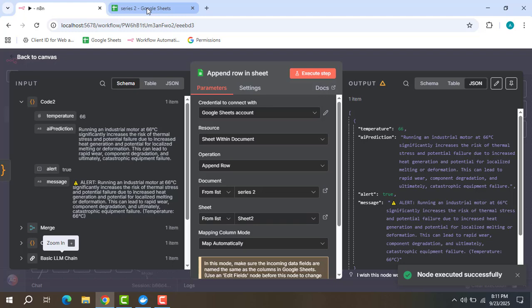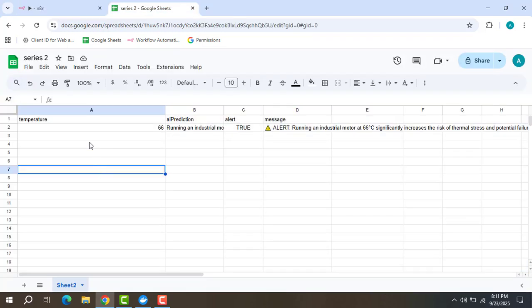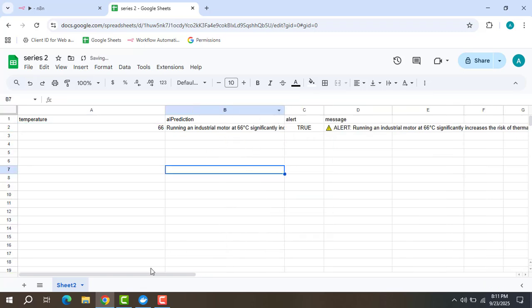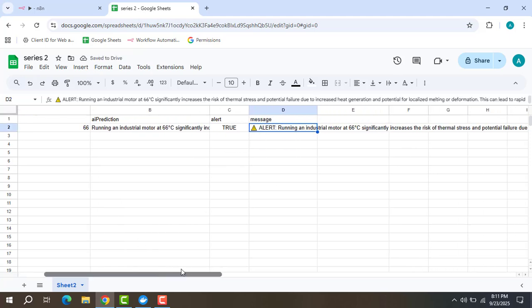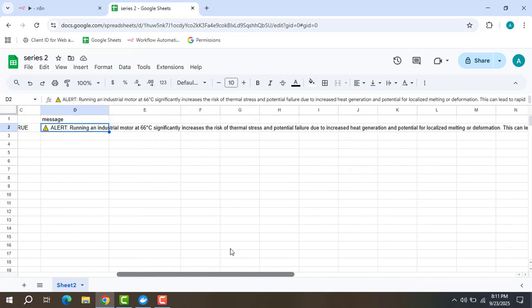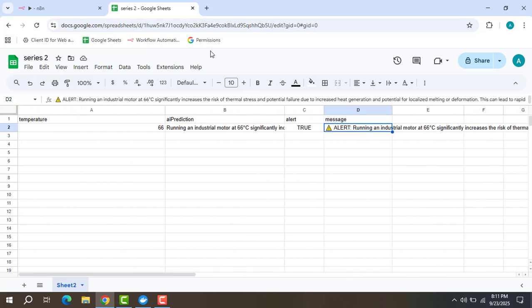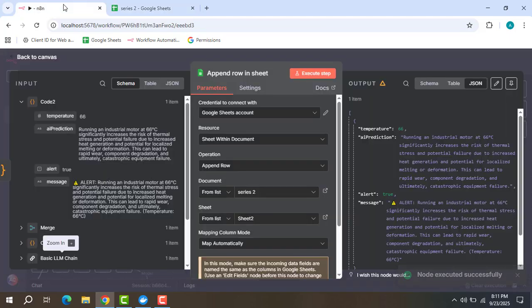All of this needs to be in the Google Sheet node. So temperature 66, a prediction we have here. Okay, alert true, the message that we receive on the Google Sheet node. Okay, so you can have every message if you put a